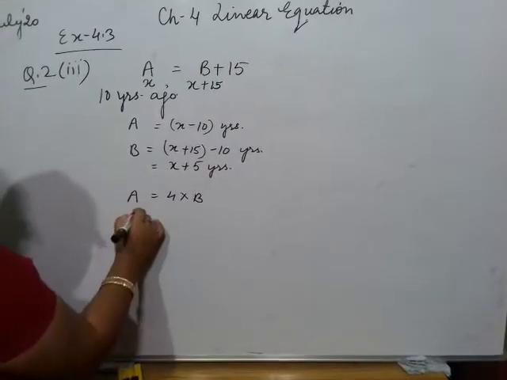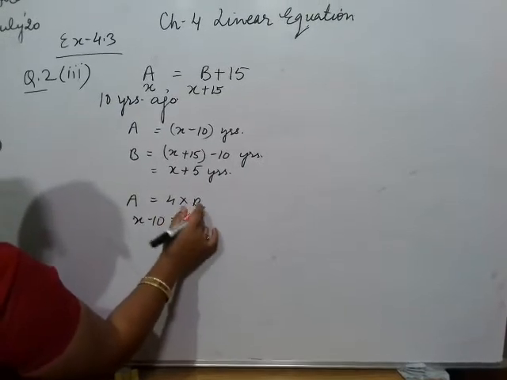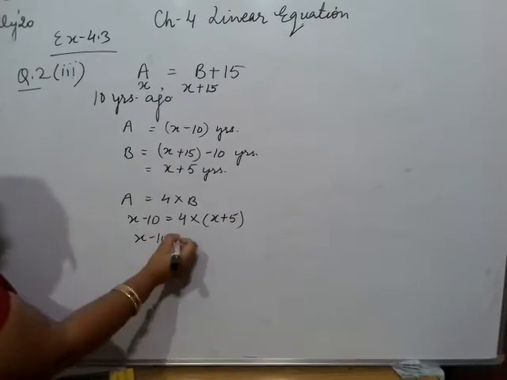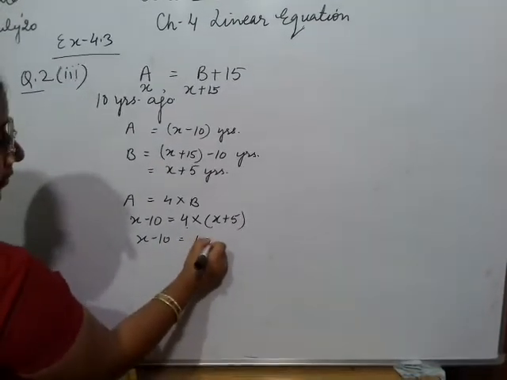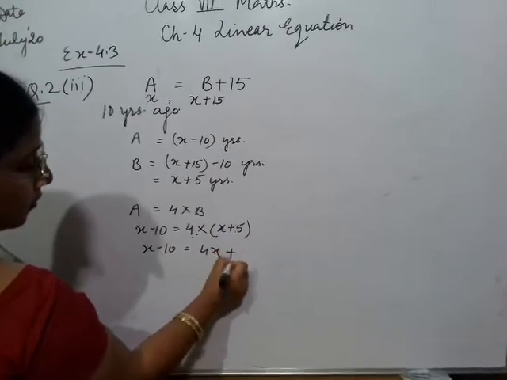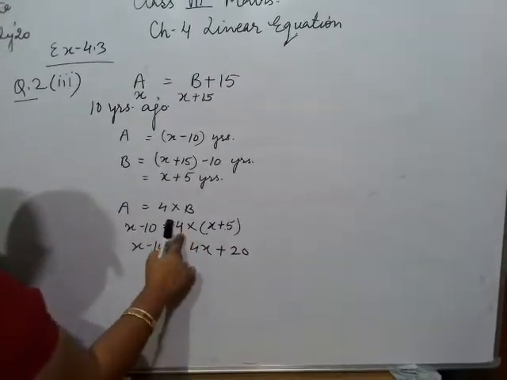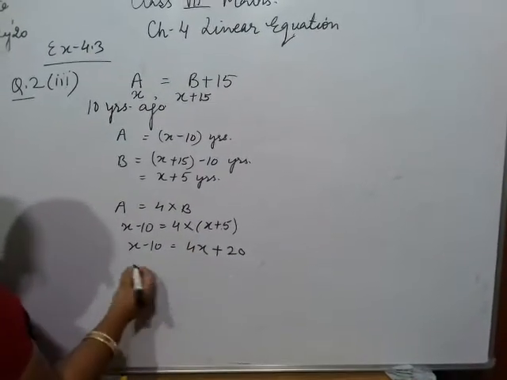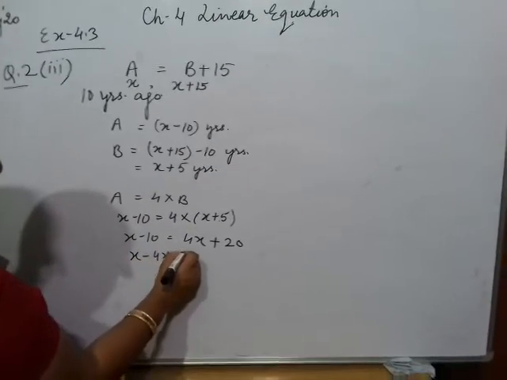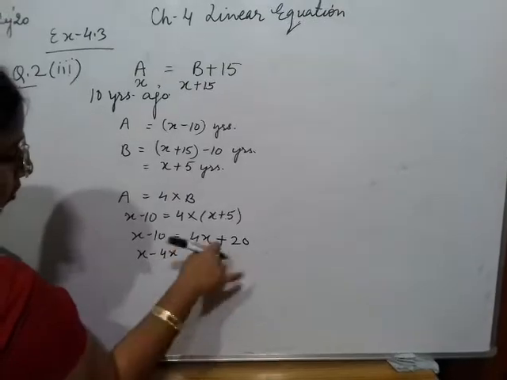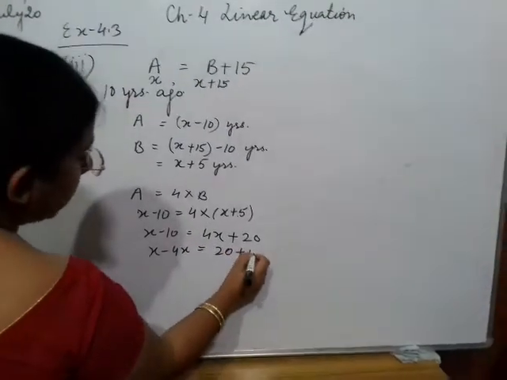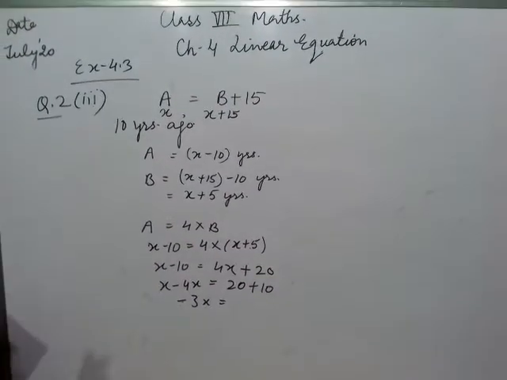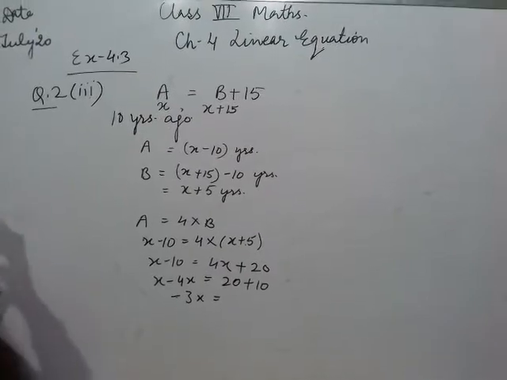So X minus 10 is equal to 4 times X plus 5, that is 4X plus 20. This is the distributive property applied here, 4 into X and 4 into 5. So X minus 4X, and minus 10 goes to that side, so 20 plus 10, minus 3X is equal to